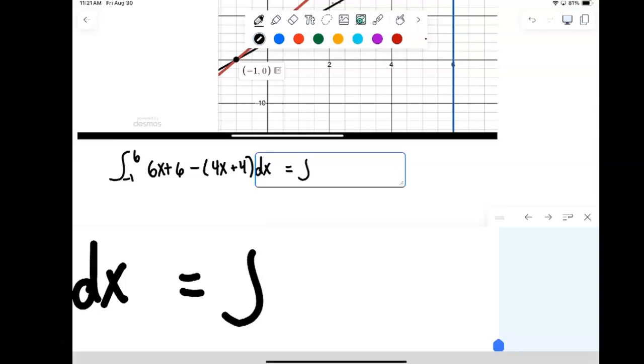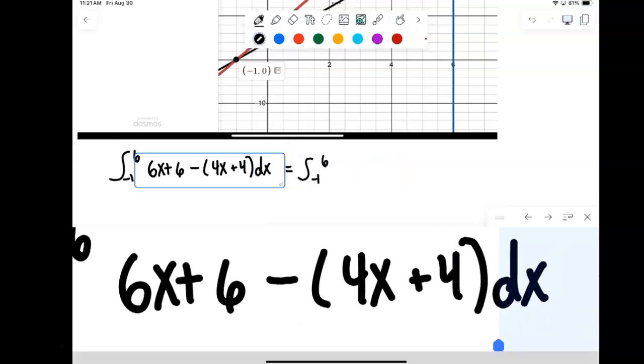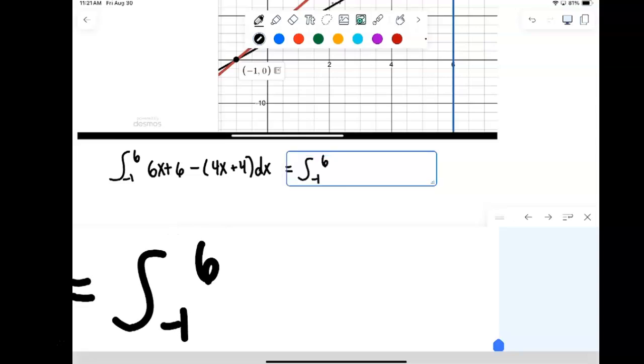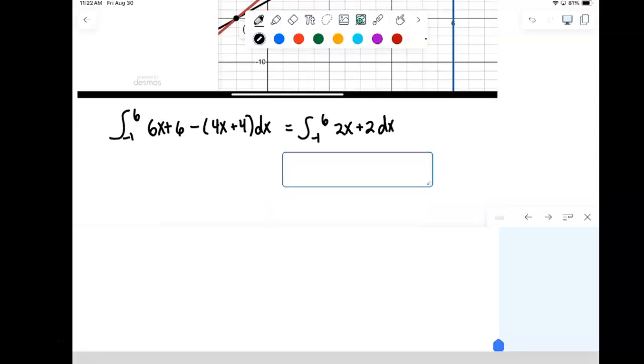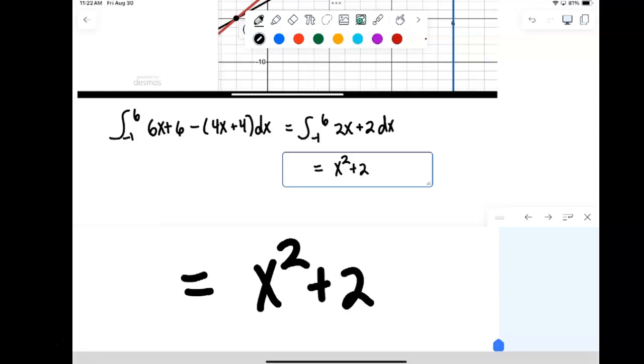And we can do a little bit of simplifying. This will be the integral, -1 to 6. Combining like terms here, 6x minus 4x will be 2x. 6 minus 4 will be 2. So we do the integral of 2x plus 2 dx. So we move the power rule for 2x. Becomes x squared divided by 2. Just be x squared. 2's cancel out. Plus 2x. Evaluate it between -1